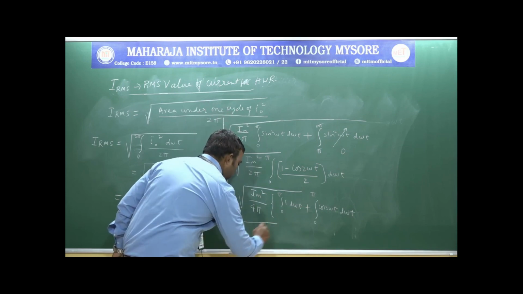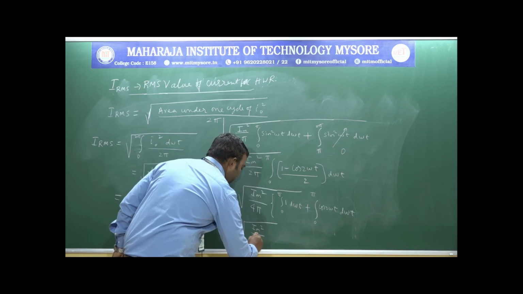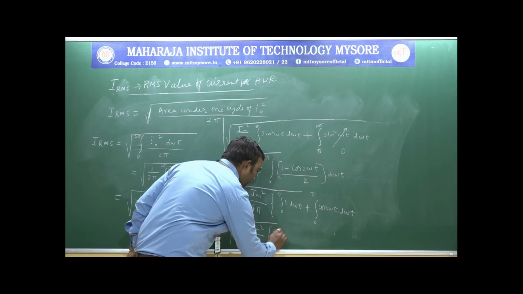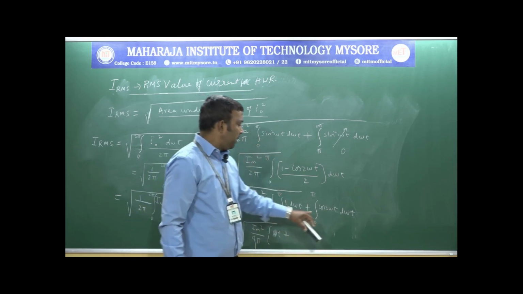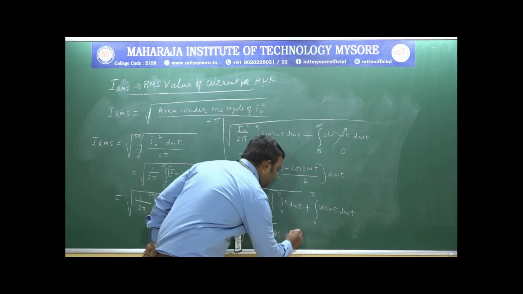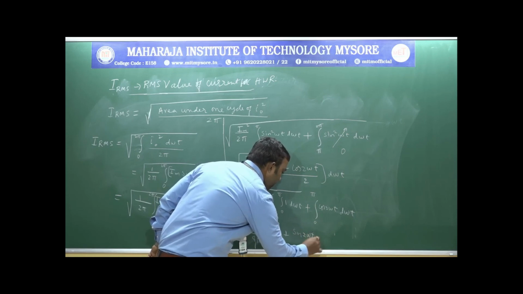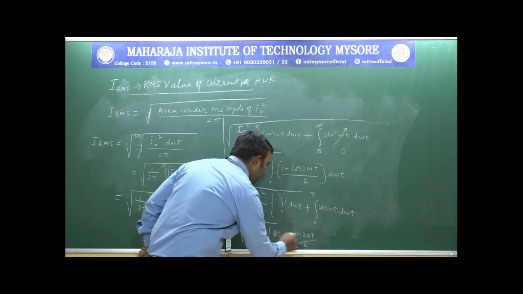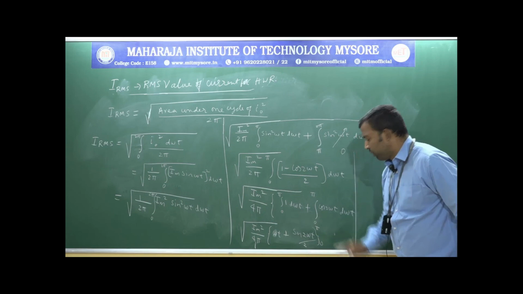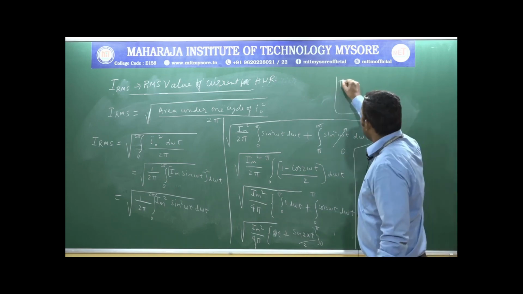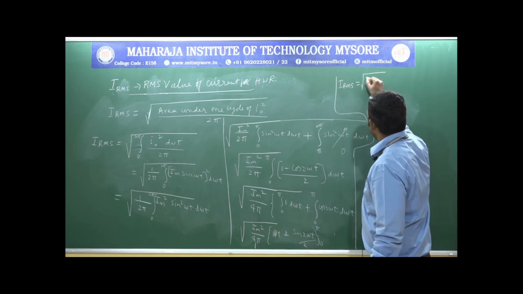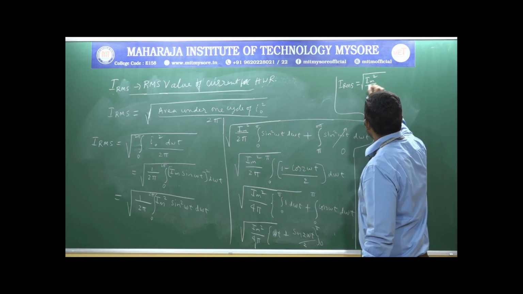This is the square root of Im square by 4 pi into integration of what? This d omega t is nothing but omega t, plus the integration of cos 2 omega t is nothing but sin 2 omega t by 2. The limits are from what? 0 to pi. Therefore, I am applying the limits now. I can write this as I RMS is equal to the square root of Im square by 4 pi